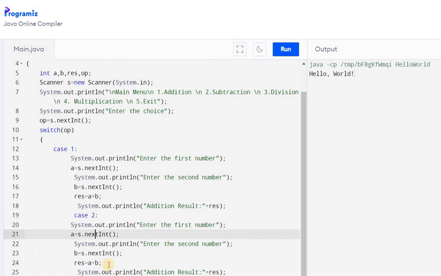Here we got the first number, we got the second number. Now we have to do a minus b, and this is the subtraction result.